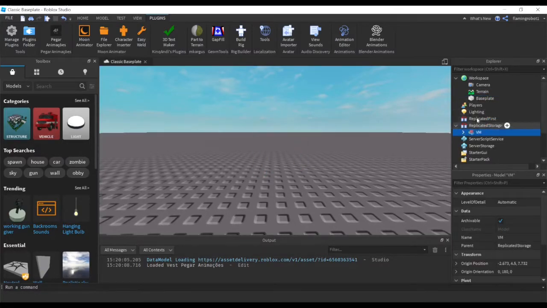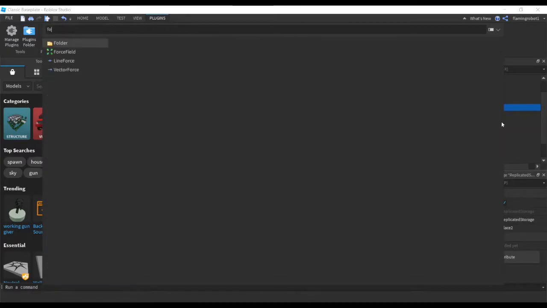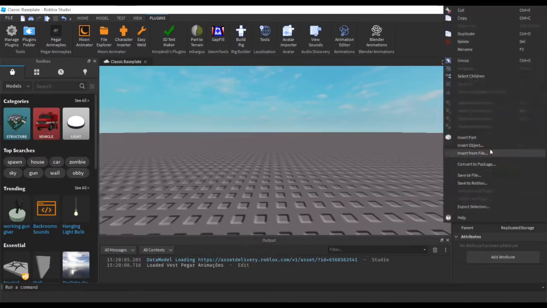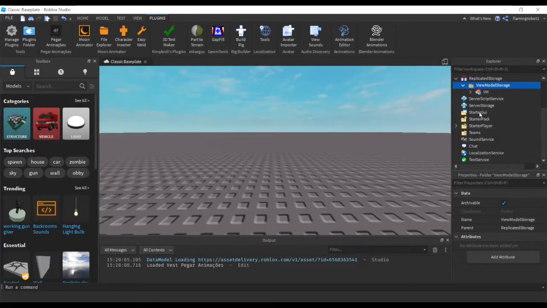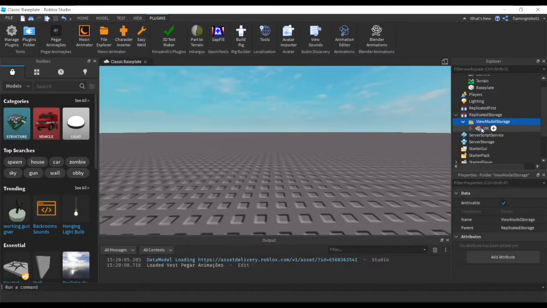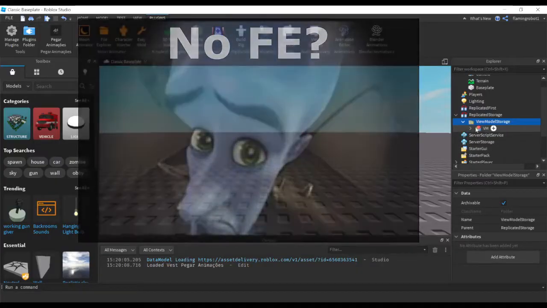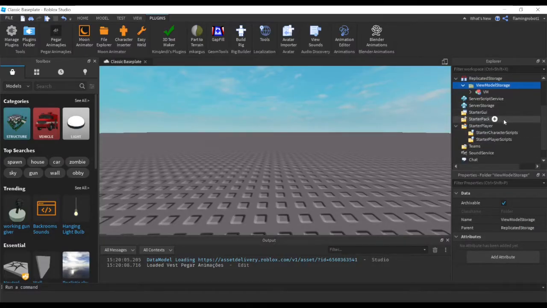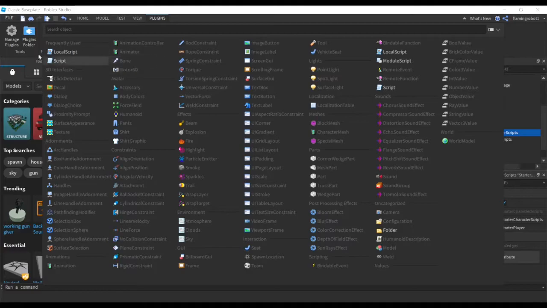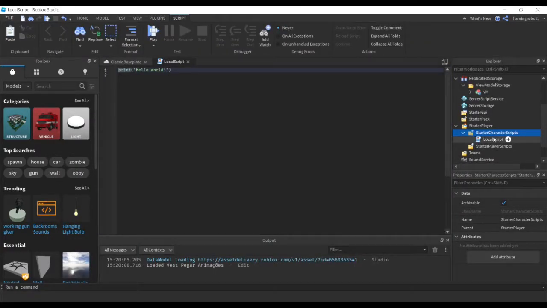Take this, put it in replicated storage. I'll create a folder here, and we'll just name this view model storage. Alright, you have the view model ready, and this view model is to be local, obviously, so it's not going to replicate. People won't be able to see your view model, but that's how view models work, so no need to worry about that. What we're going to do is go into basically any of these work, but I put it in here so it reloads every time you respawn. I'm going to put the view model over here. I'll name this view model,